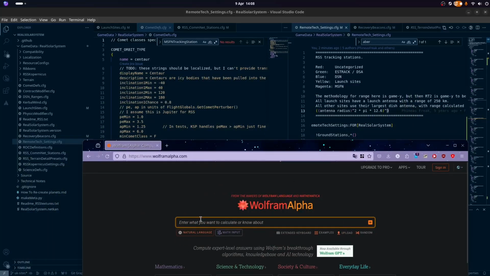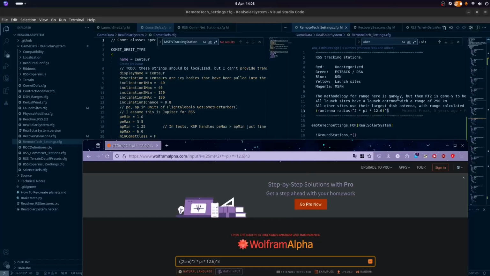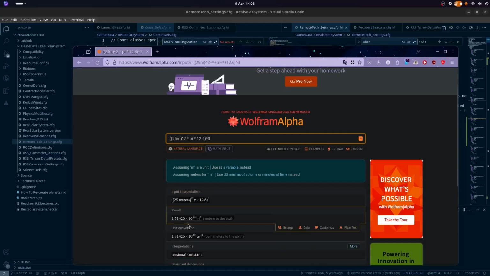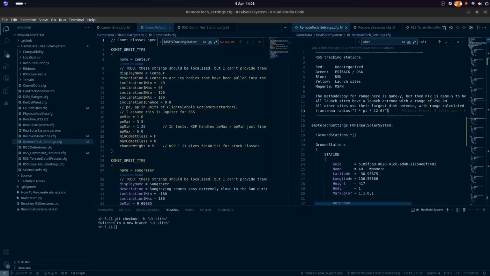So we happen to know that Chilbolton has a 25 meter antenna, and we want times 5 times 12.6, and we want to cube it. See, this is what happens when you actually read the manual. Get it correct. Also, we're going to count it as uncategorized because I don't know. This is 1.5 times 10 to the 13. Okie dokes.